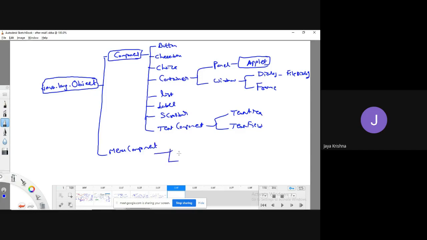It again contains MenuBar and MenuItem. This MenuItem is a collection of again a Menu and CheckboxMenuItem. So this is the hierarchy of java.awt.